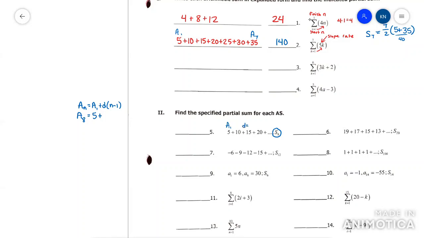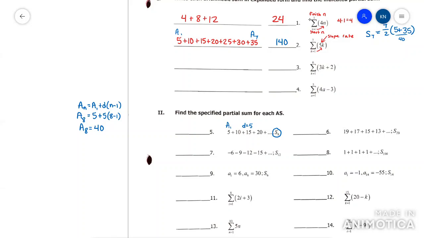So d is 5 times n, which is 8 in this scenario. And so all you have to do is punch this in a calculator, but you'll get 40 as your 8th term. All right, so now that you know that,